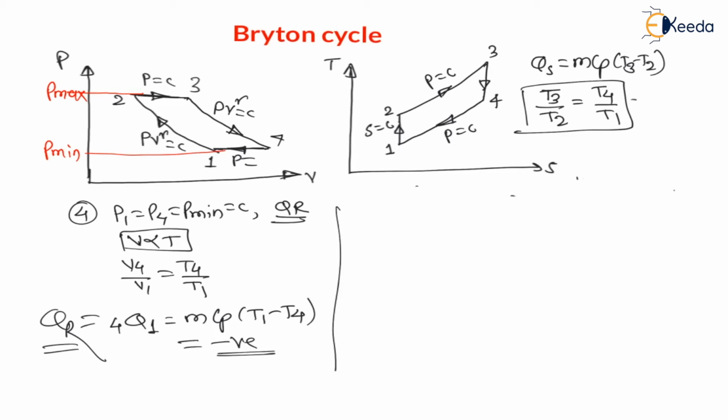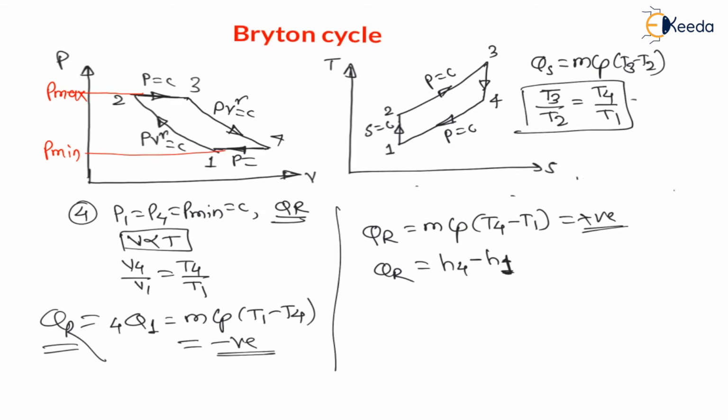So let us find the positive answer. Therefore, for the positive answer, heat rejected is equal to mCp times the maximum temperature T4 minus the minimum temperature T1. This is for the positive answer only, but we know that heat rejected from the system is negative. So in terms of enthalpy, mCp T4 is H4 and mCp T1 is H1. Therefore H4 minus H1. This is the positive answer, my dear students.